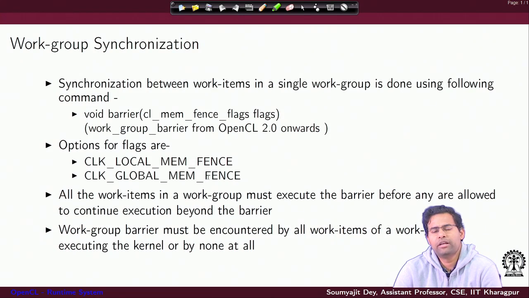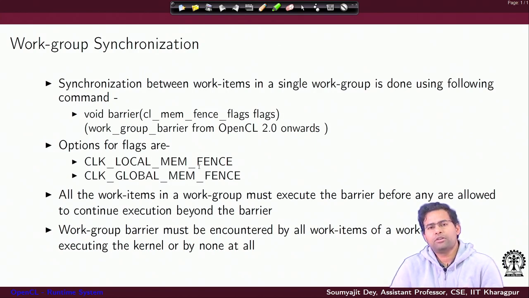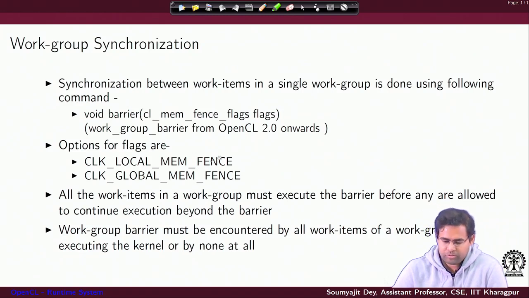Depending on what you are setting here, you are directing the runtime system on what kind of behavior you want with respect to the memory. So the barrier is controlling the way threads synchronize, and the memory fence and its setting is controlling at what level the memory is visible to the synchronizing threads. Okay.